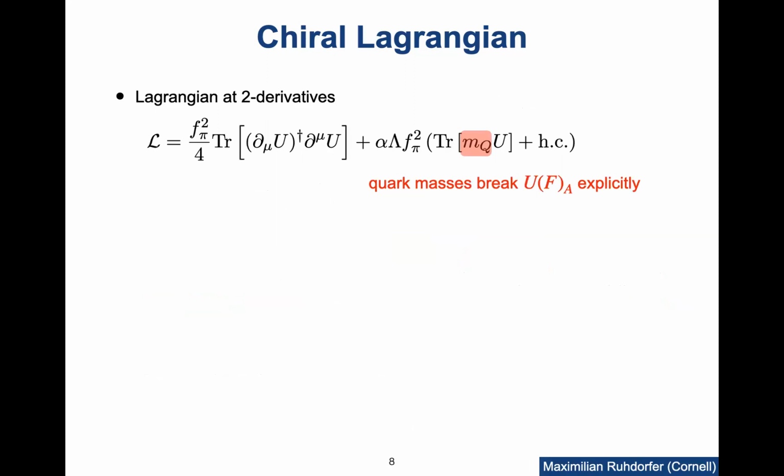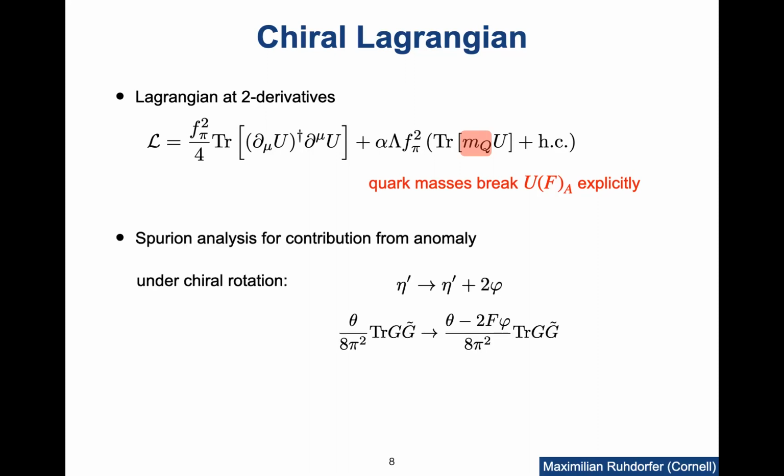Now, then you can start writing down the Lagrangian in terms of this Goldstone boson matrix. So this is just the Lagrangian at two derivatives, the leading Lagrangian with the kinetic term and the mass term, which you can find just by spurion analysis. Then you, of course, also like to introduce the effect of the anomaly into the chiral Lagrangian. And the best way to do that is, again, through spurion analysis. So the eta prime is the would-be Goldstone boson of U(1) axial,